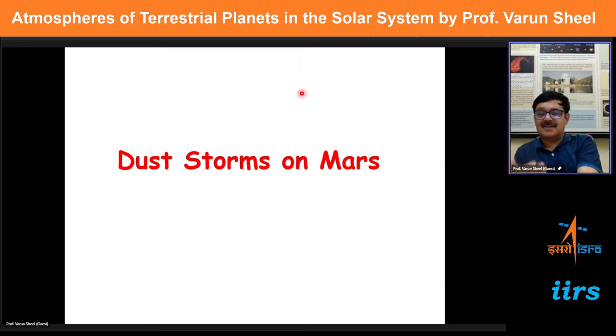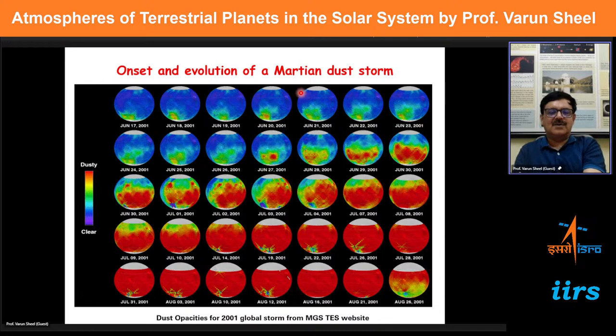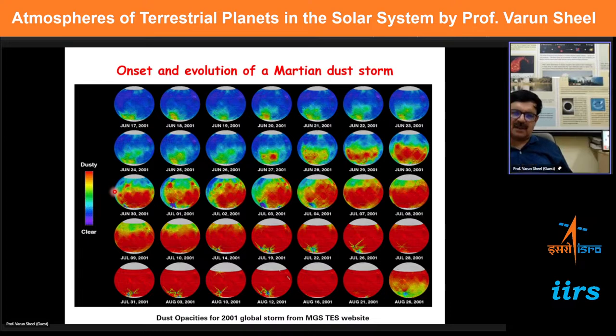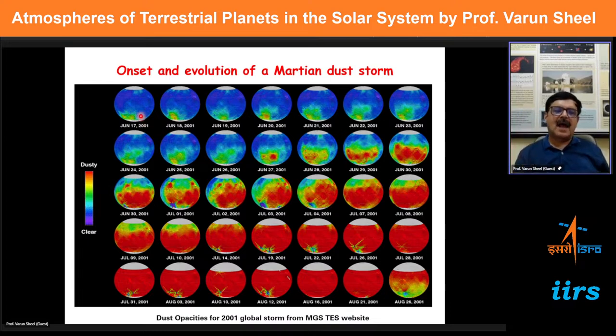The next aspect, as I said, is dust storms, which we have spent quite some time to study, are very enigmatic phenomena, and it is very important for the Martian atmosphere. You see here a typical dust storm, how it develops. This is something called the dust opacity. It is a quantity which tells you how much the radiation attenuates when it travels through. So it is a kind of optical length, dust optical depth, so to say. And it is a measure of the amount of dust present in the atmosphere, the dust loading. And you can see here that the dust loading is very clear in certain months.